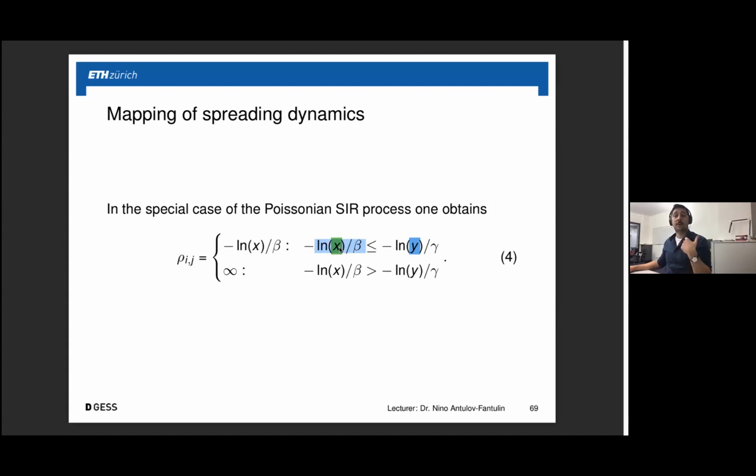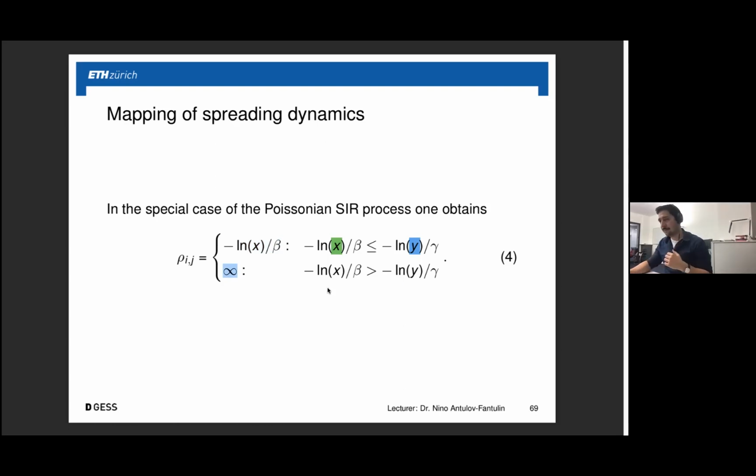Okay, so this would then be interpreted as the amount of time we need to wait such that something is propagated through an edge. And this is the amount of time we need to wait that some node recovers. So if this quantity is smaller than this one, it means that the event that someone will transmit something is happening before a node recovers. So then we would write that this is the time that we need to wait on this edge. Vice versa, we would put infinity.